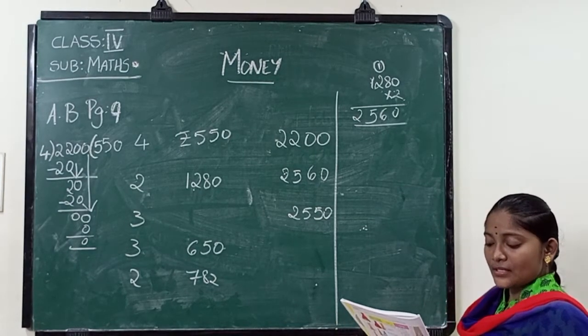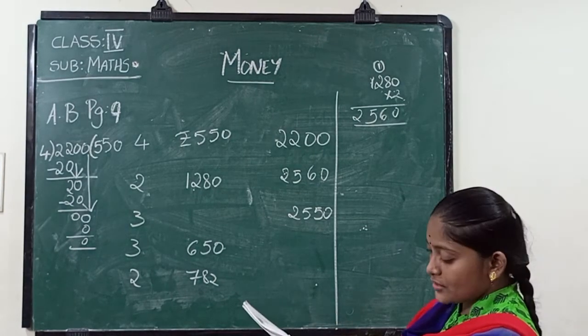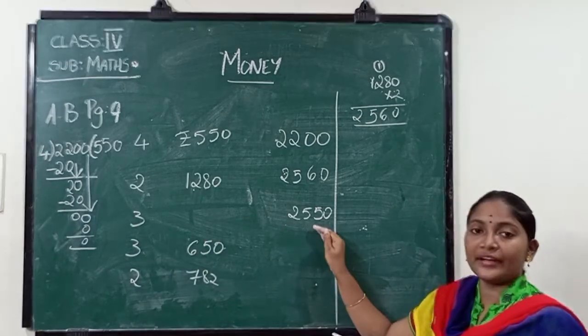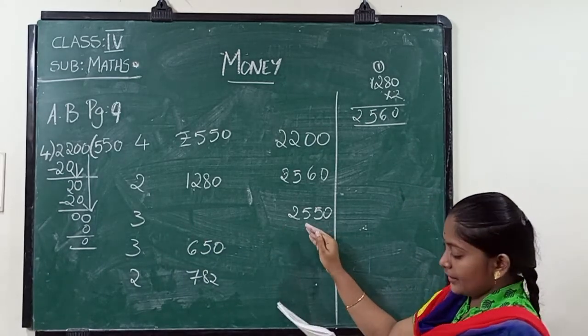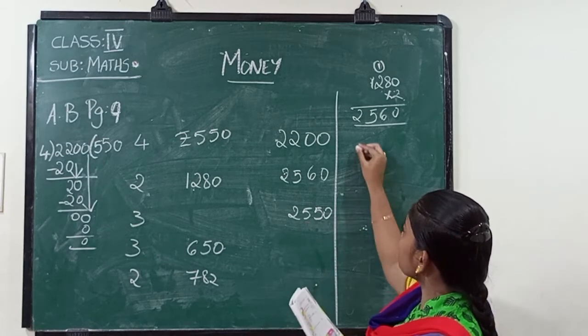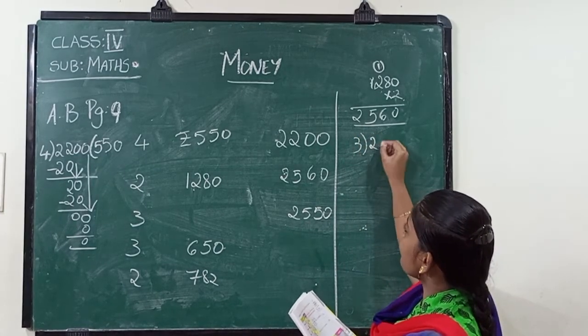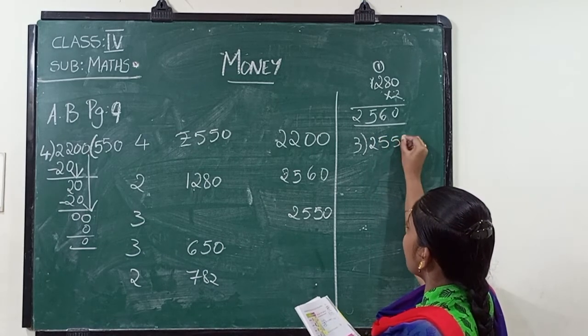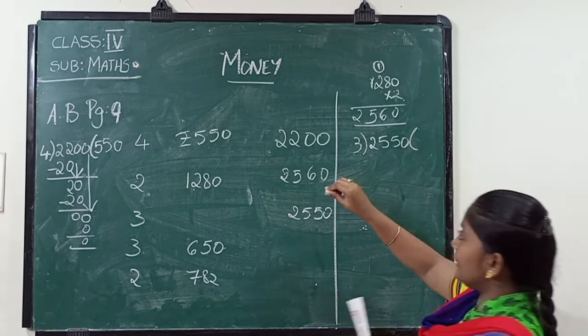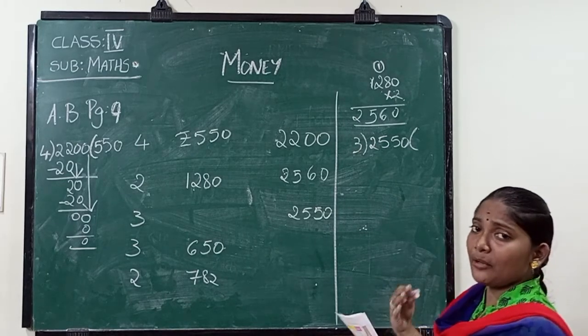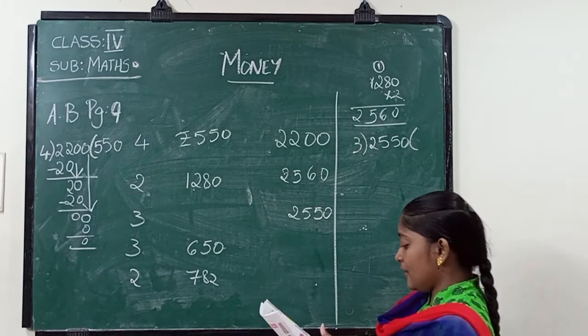And the last one is about a frock. How many frocks they bought? 3 frocks. And the total cost is 2550. So cost of each frock. So we have to do division again here. 2550 is going to be divided by 3. In the 3 table, 25 below number. 3 8s are 24. What is that?